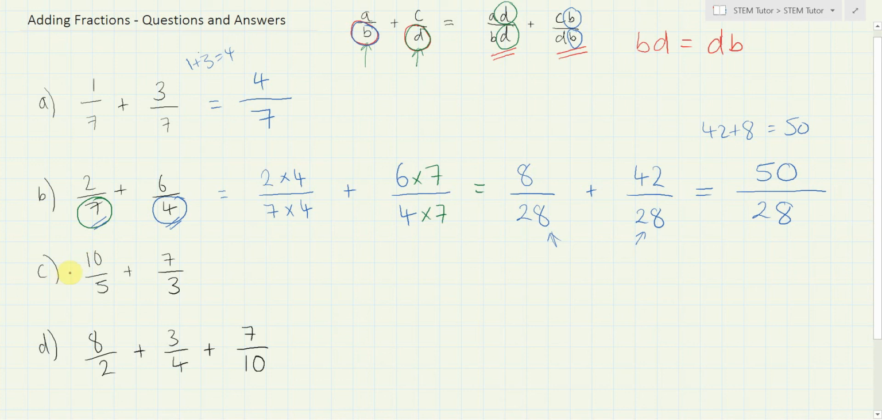Okay, so now let's move on to question C. So again, our denominator is different in both of these fractions, so therefore we do the same process again. So this time, this fraction top and bottom is multiplied by 3, and then we have our 7 over 3 multiplied top and bottom by 5, coming from the denominator of the first fraction. So now this will give us 30 over 15